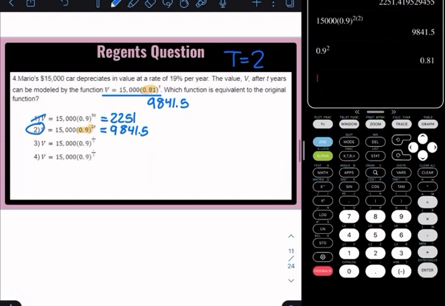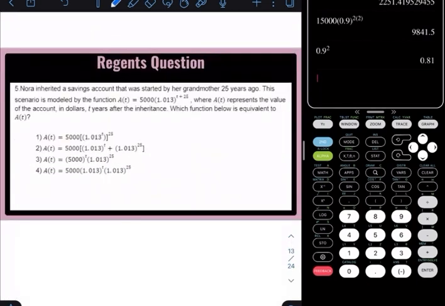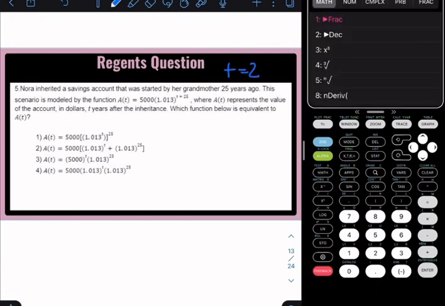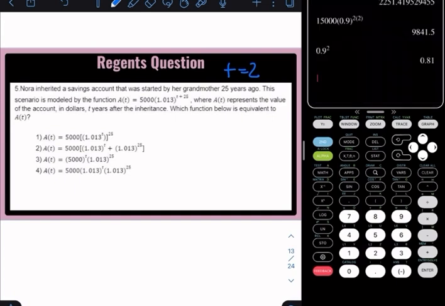All right, let's look at question 5. Nora inherited a savings account that was started by her grandmother 25 years ago. This scenario is modeled by this function, where A of t represents the value on the account in dollars t years after the inheritance. Which function below is equivalent to A of t? Again, let's just make t equal to 2. It doesn't actually matter what number you make t equal to, but I'm just going to make it equal to 2. So let's try this. 5,000, then parentheses 1.013 raised to the t power, which t is 2, plus 25. So I need to get something that is